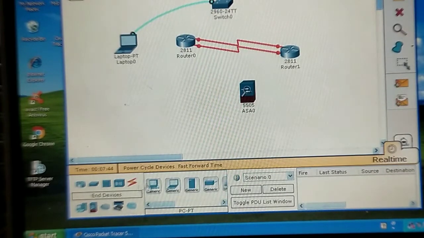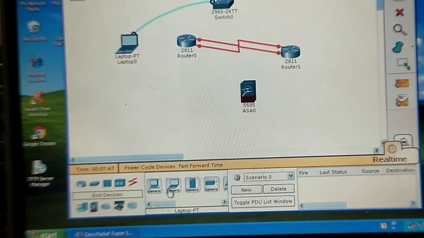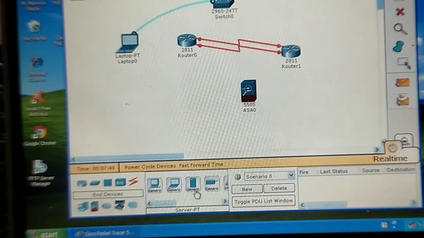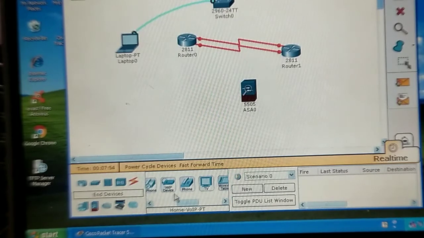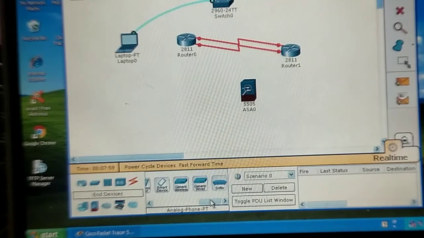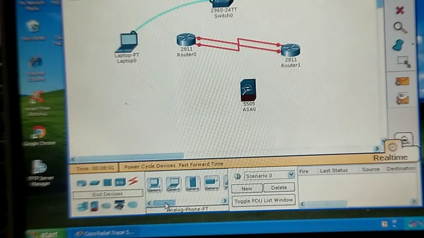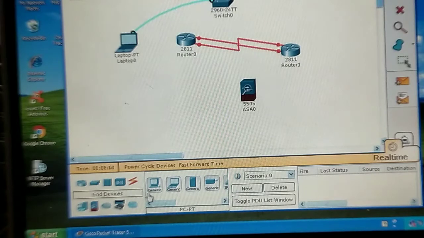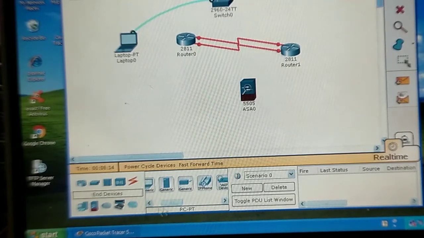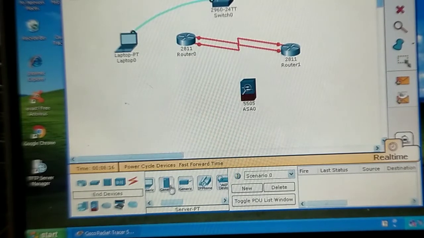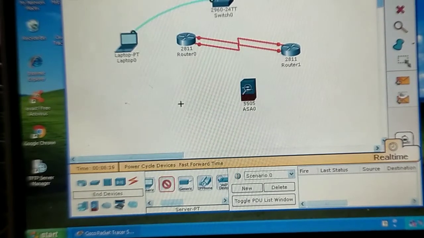And here in the end devices, you have the PCs, and along with PCs you can see that you have the server, and beside the server you have the VoIP devices, the TV, the phone, wireless tablets, etc. So in Packet Tracer 7 you have multifarious different devices, and the tab is much more comprehensive. But for the 6.2 student version, this tab has these devices, and this is the server.